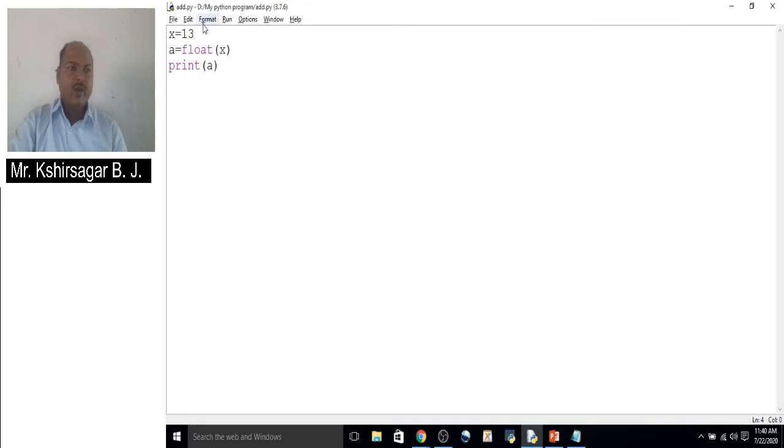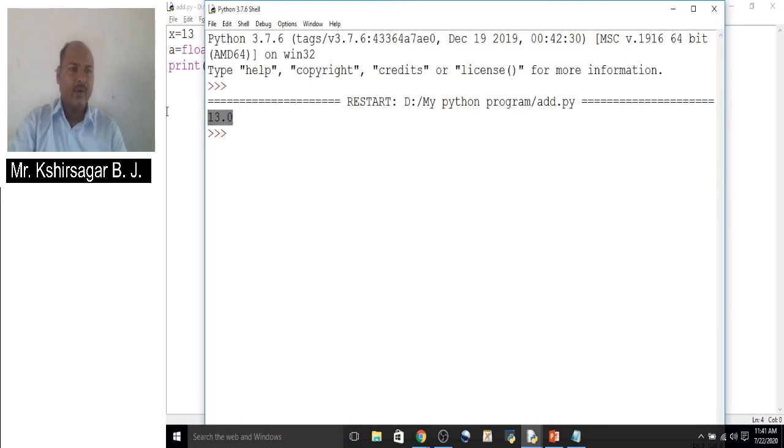So we have converted the integer value x equal to 13 by using float, within parentheses we have passed the integer value. It will convert into float stored in a variable a, and if you display the value of a, we get the value as a float value. So this is the way of converting integer to float.